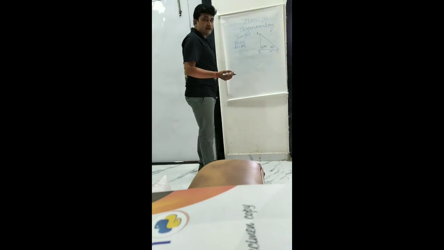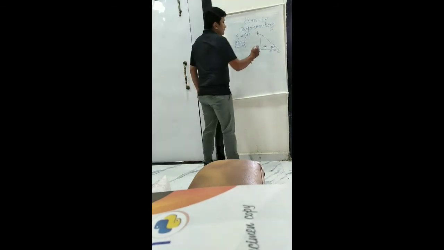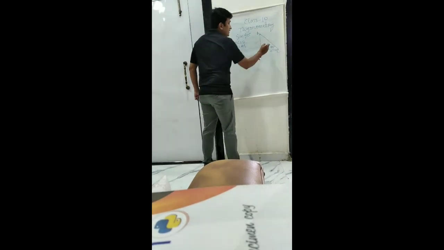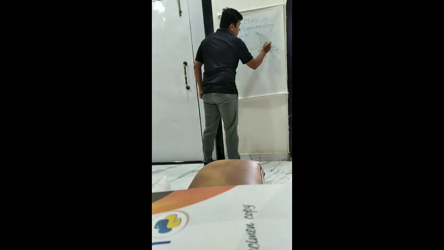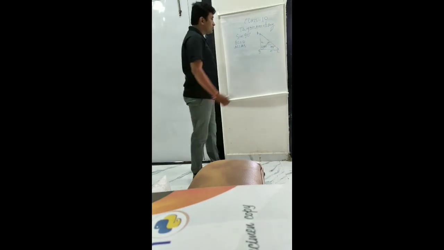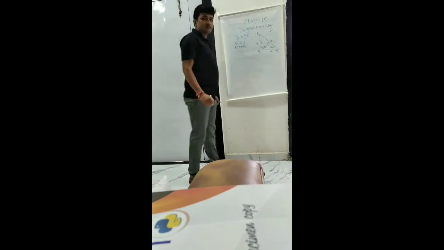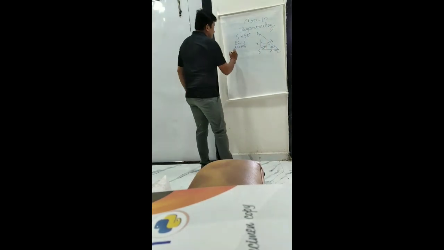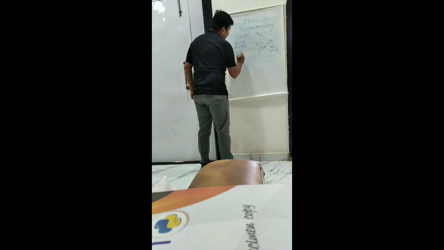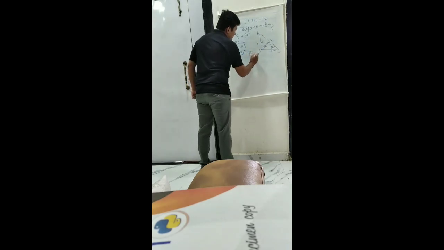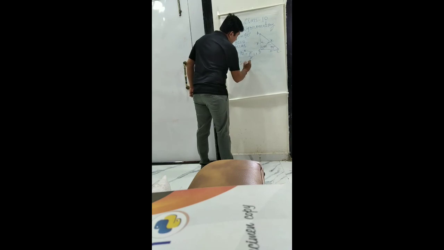Here we can consider it in one more way: when these two angles are equal, then the sides opposite to equal angles are also equal. So if I consider this one as x, then this will also be x. Now as we have to find the value of sine 90 degree, it is perpendicular upon hypotenuse, perpendicular is x and hypotenuse is also x. So it got cancelled and we get the sine 90 degree value equals 1.